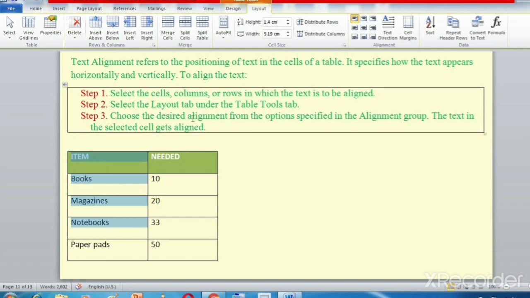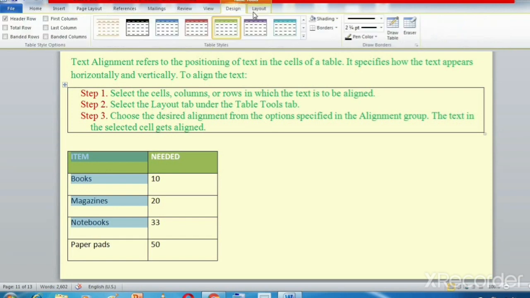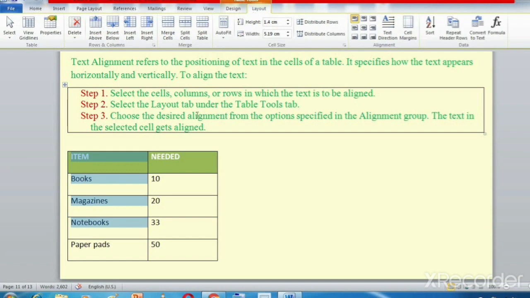Now I will go to the Layout tab under the Table Tools tab. Choose the desired alignment from the options specified in the Alignment group. See, this is the alignment group.